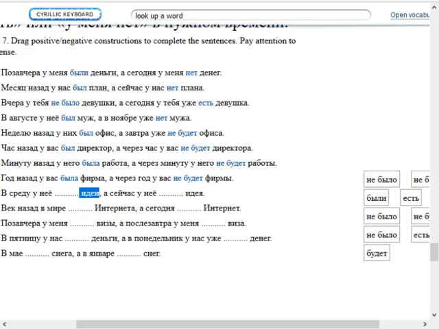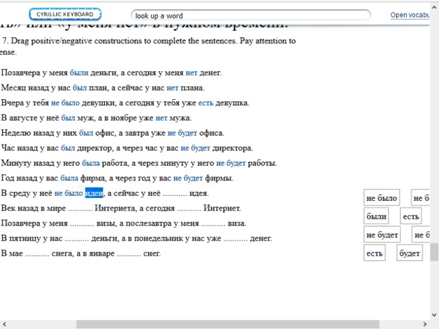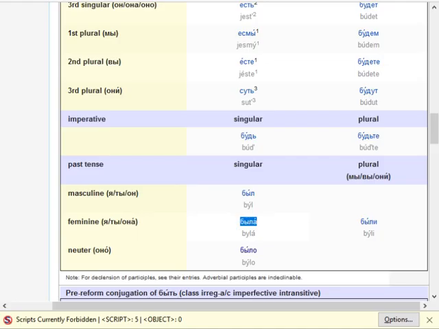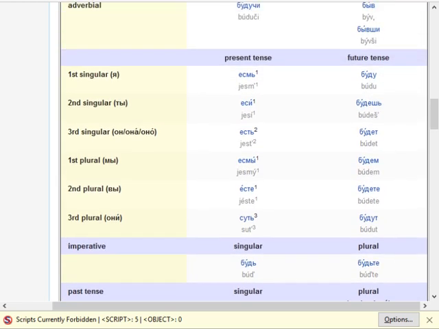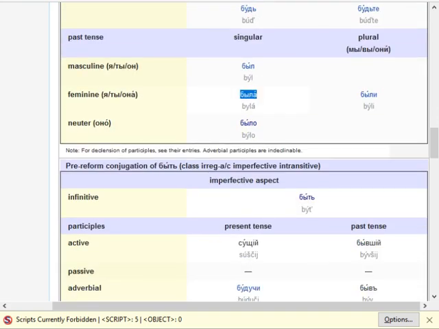It looks like once again they're expecting "не было." So my question stands once again. Why is it "не было идей" when "идея" is a feminine word? It is a feminine noun, and the word "было" is only used, as far as I can tell, for neuter